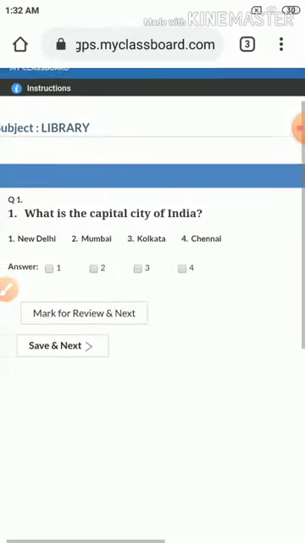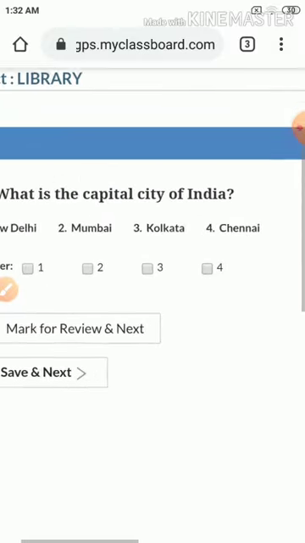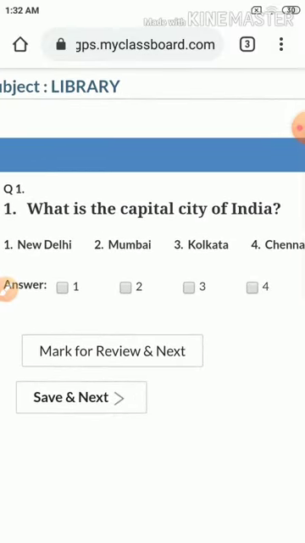Now, beside each option, one circle is there. Now see, in the answer section there are 4 options, 1, 2, 3, 4. Four digits have been written, and beside them there is a circle, one box. You have to click on the right box. What is correct? Number 1, number 2, number 3, or number 4? You have to choose.